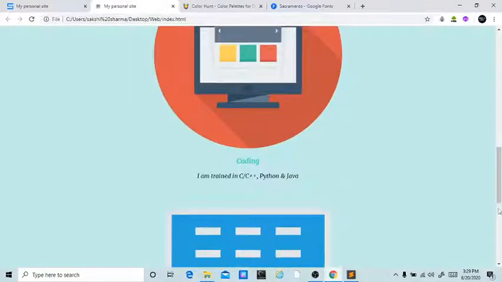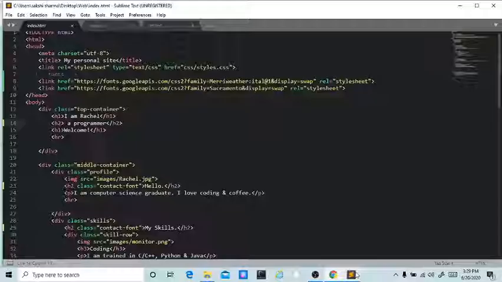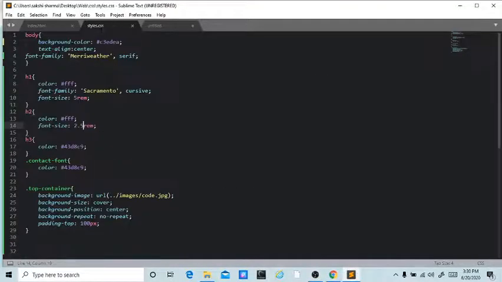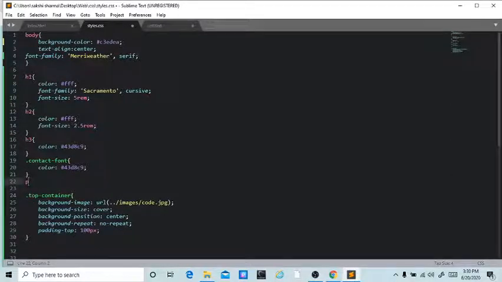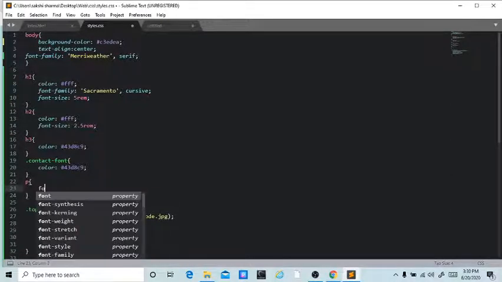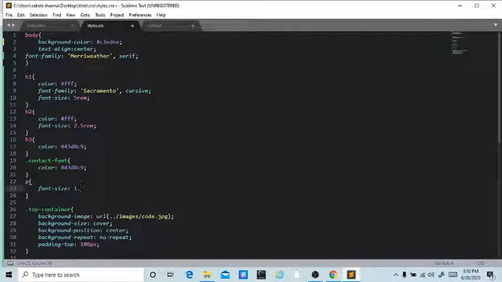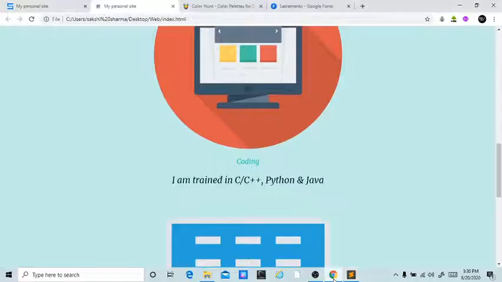Now we have to change the font size of H3s and paragraph. Let's add paragraph to our style sheet. Font size 1.5 rem. You should always look around and play around with the font sizes, font colors, font styles, so you know how things look when they are done one way or the other way.